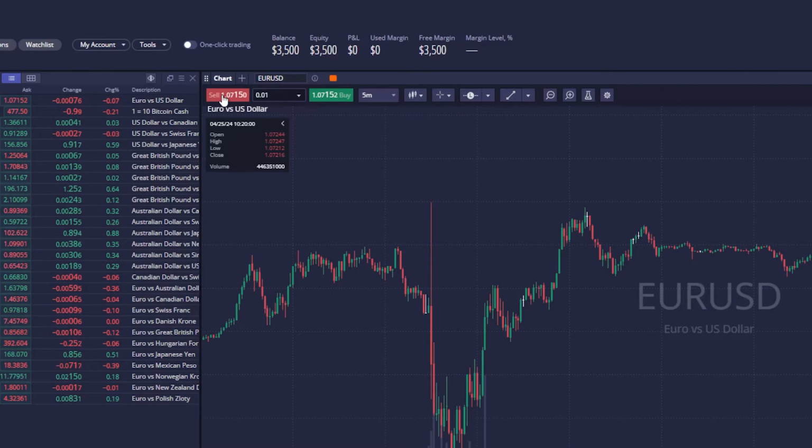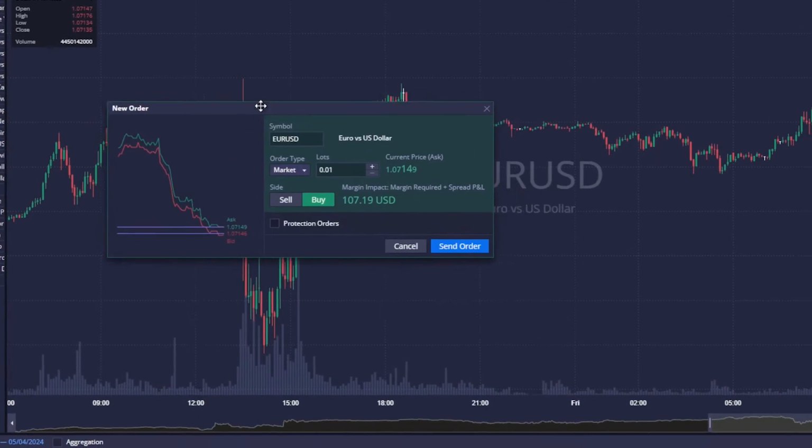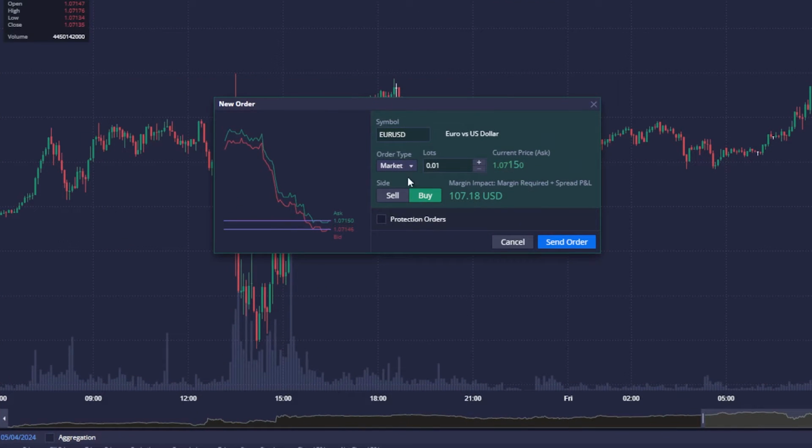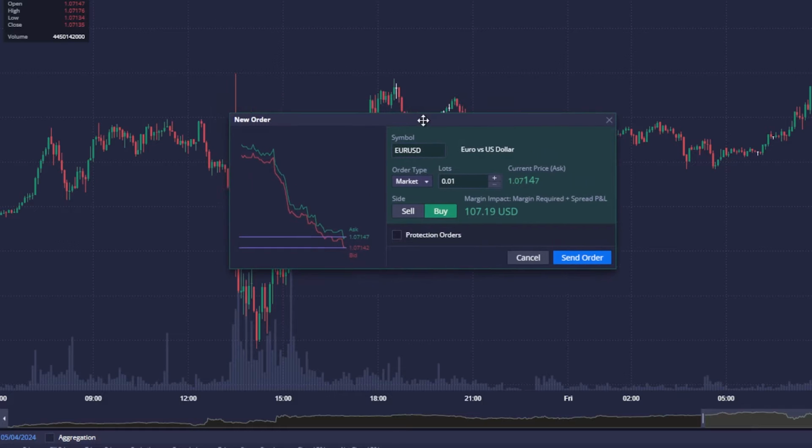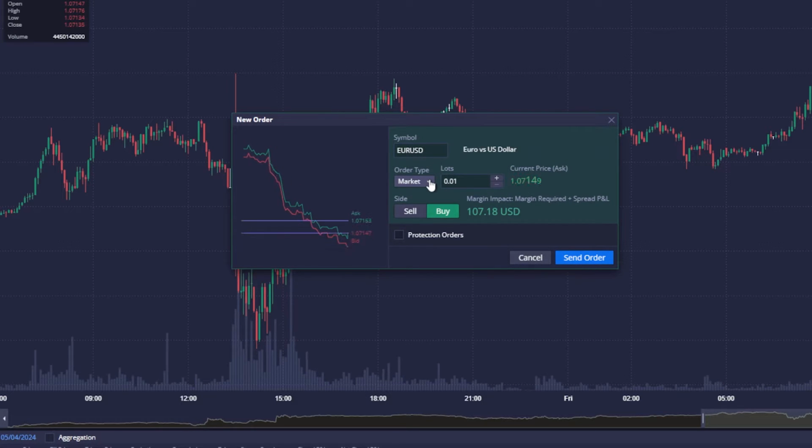You've got these buy and sell buttons up here. Now, by default, we're going to need to do it via an order ticket. So when you hit the buy button, say, for example, we've got euro dollar on the 5-minute time frame, and let's say we wanted to buy the market now. You're going to see the order ticket spring up here, and by default it's going to ask you to go in at market. So if, say for example, I want to place an order on the book, a limit order